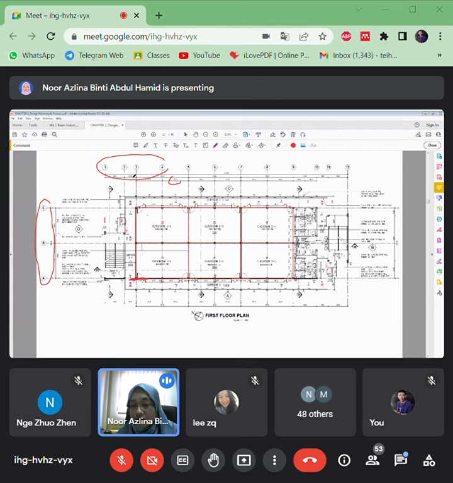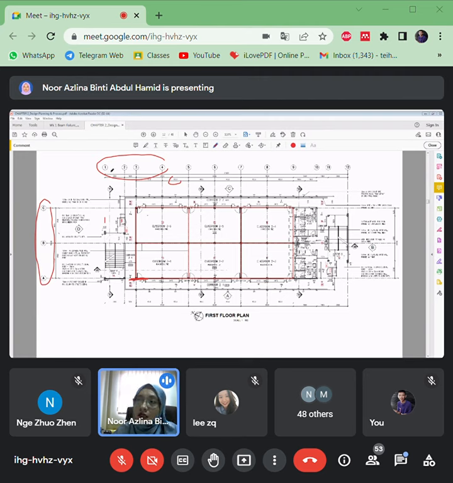This grid line is very important once we apply it at site. Nanti contractor tengok kenapa ground floor grid line dia lain dengan first floor, so which one do they actually have to refer to? So we also come up with the structural drawing according to this grid line. Kalau grid line architect 1 to 12, jangan kita ubah-ubah pula.